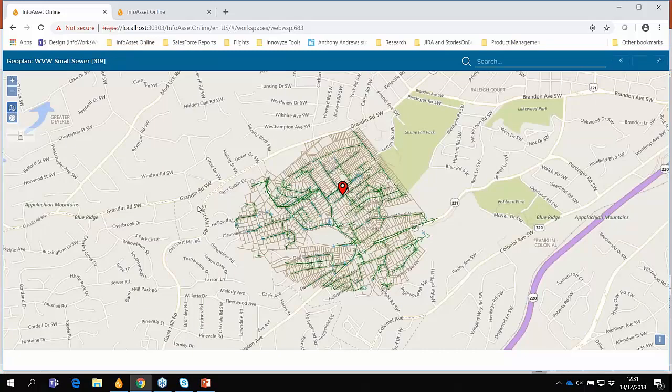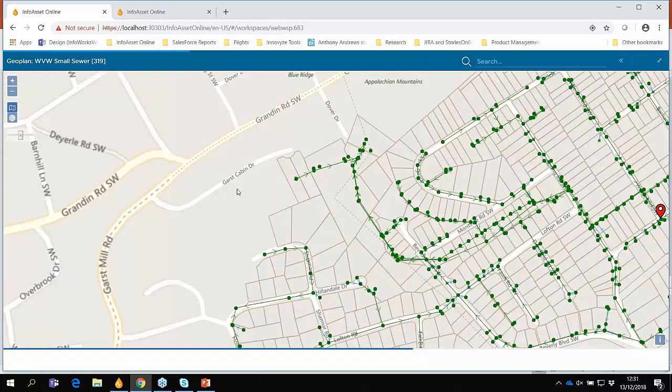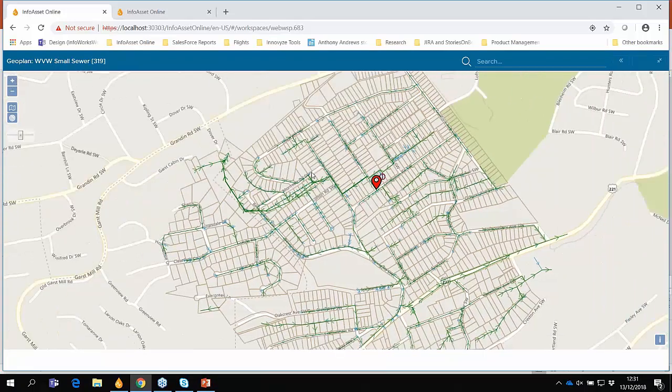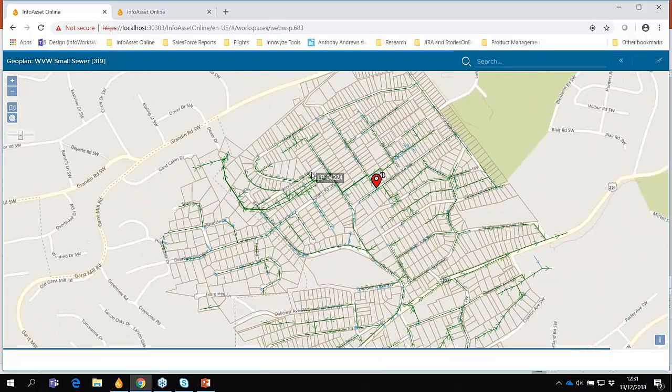Also supported are the mouse wheel function to zoom in and zoom out. And obviously if you're on a tablet device that supports touchscreen, you can use the pinch and page with your finger type of operation. Okay, so the map is showing assets and now as I said in the PowerPoint presentation, we want to actually